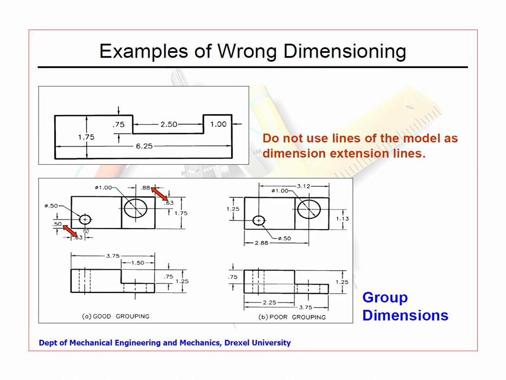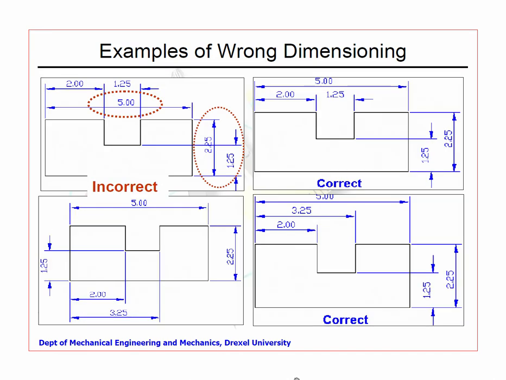Similarly, if you see from the edge, this takes some 0.5 and 0.63 and there is a 0.5 inch hole. This is a very logical way. The same information is presented here, but if you see it is a little vague. If somebody wants to know where I drill this, logically 3.12 is shown here, similarly 1.25 is shown here, and it needs a little bit of thinking: I read 1.75 here, and then after that I do all this just to locate this point. This leads to a lot of confusion and is not an easier way of doing it.